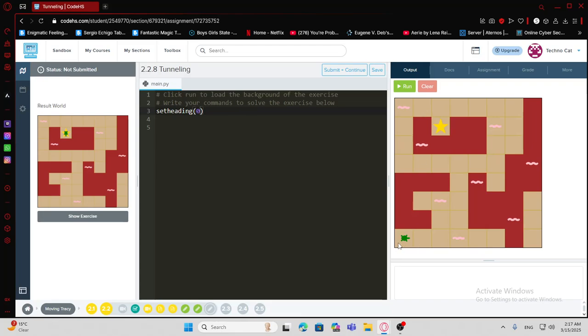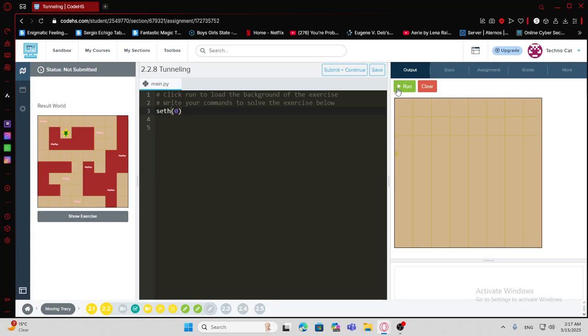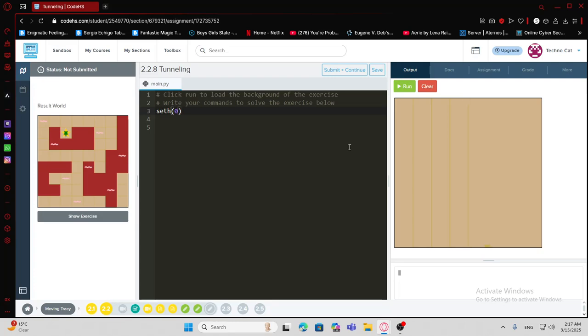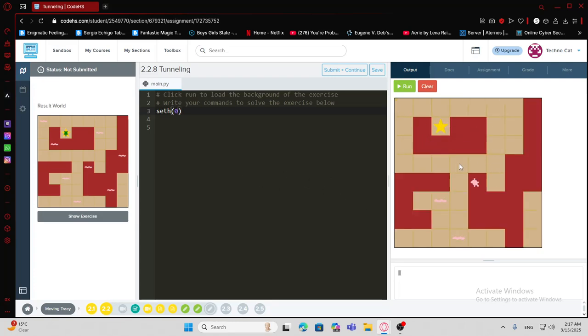There you go. See, she started facing down left, and now she's facing the right. I think this works if I just leave it as set heading 0. Okay, it's working. So now, because the map is the same, we don't really have to make some pathfinding AI for Tracy. All we need to do is move her forward